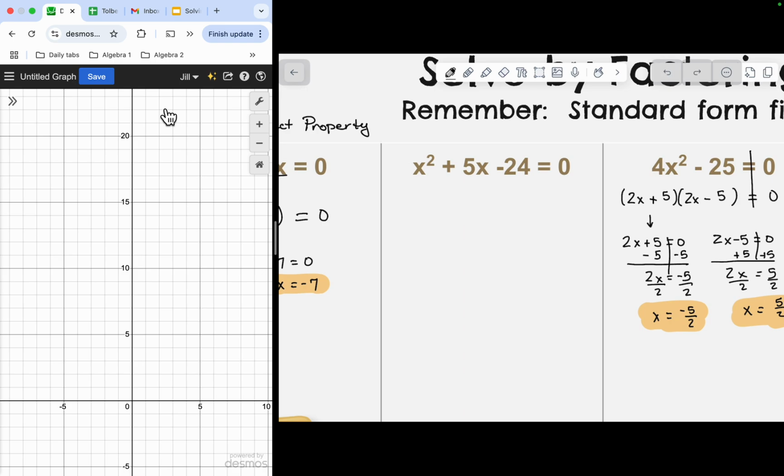So we want to identify our A, B, and C. A is 1, B is 5, and C is negative 24. And then we want to think of two numbers that multiply to give us negative 24 and add to give us positive 5. So we go through our factors of